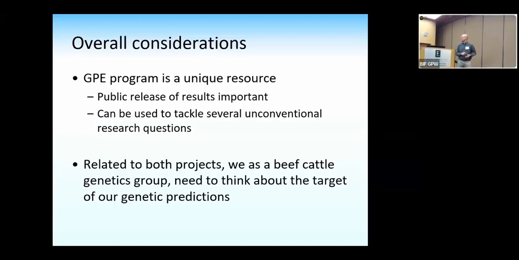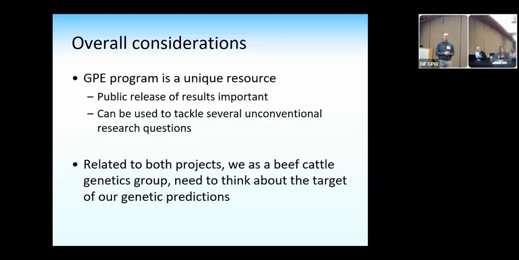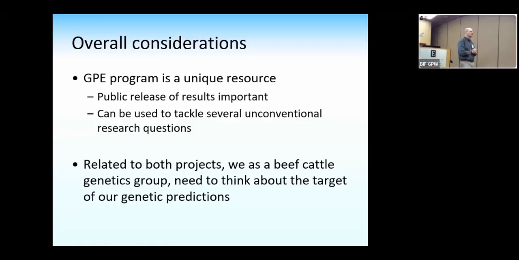Related to both projects, we need to think about the targets or genetic predictions overall. These are two different types of programs, right? We're looking at trying to target genetic predictions for our commercial producers, if you ask us generally. But let's take a step back and think about whether that is really what we're doing and doing the best. Or are we doing the best job of targeting that we can to make sure our seedstock selection continues in the direction we're going right now? How well are we doing that? Both of these little looks really address that question.